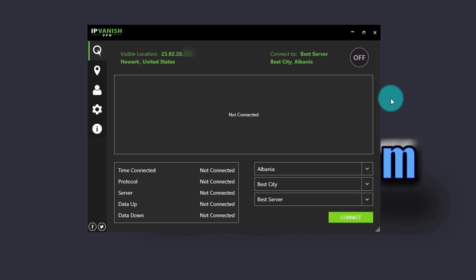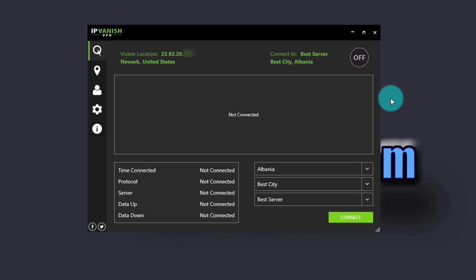And the reason is most VPN services keep logs, and they keep records of what you've done online and what IP address you were assigned using their service, which makes it less anonymous. IPVanish, however, is one of the select few that doesn't keep any logs whatsoever, and they do fully allow torrent downloads on their network. So we are going to show you how to sign up for IPVanish, but first we're